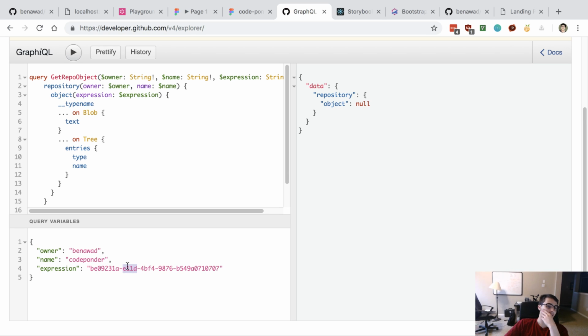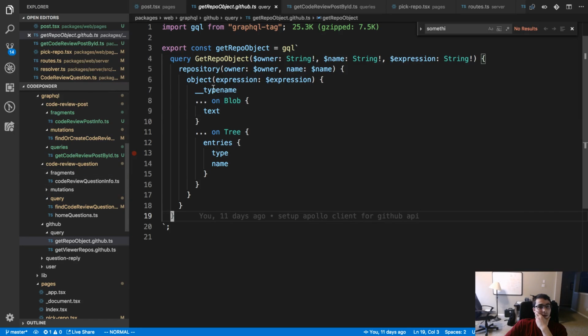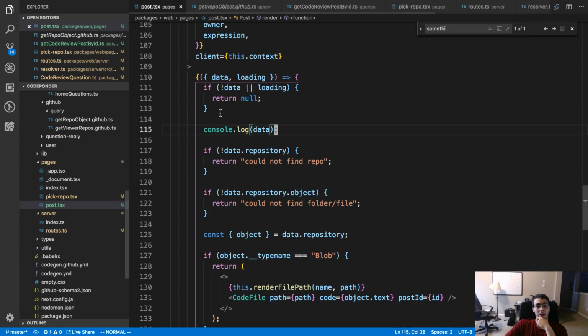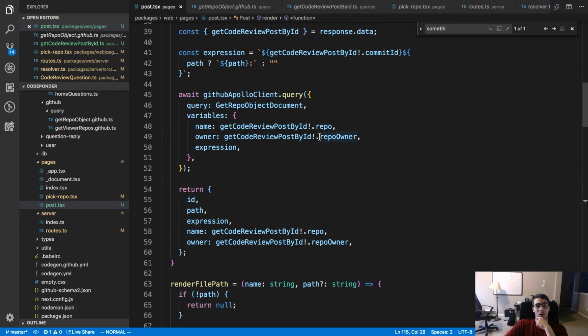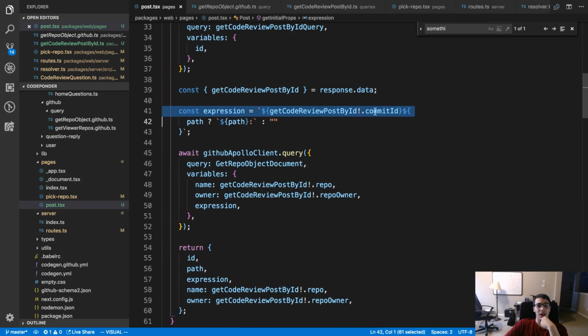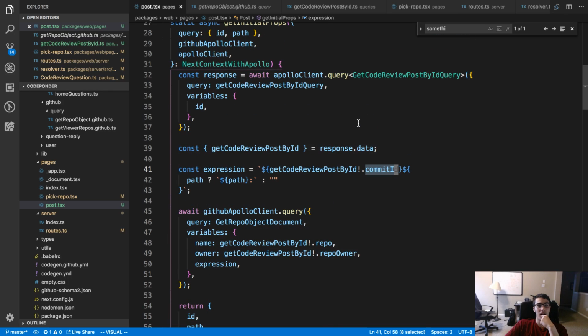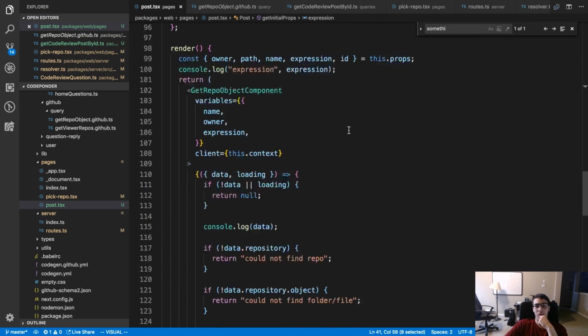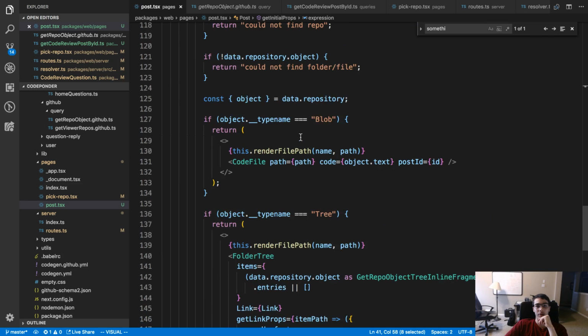So basically I have, oh wait. Am I doing that right? Am I passing in the commit ID? Yeah, I am. So I'm using this commit ID that I'm storing when I fetch the default branch. So that might be the wrong thing now.